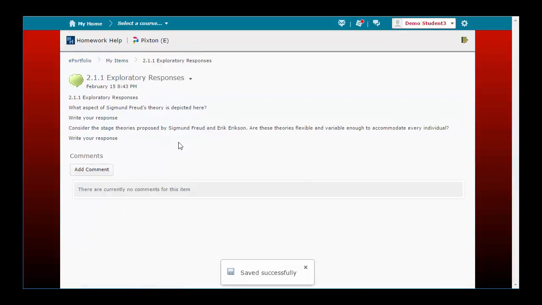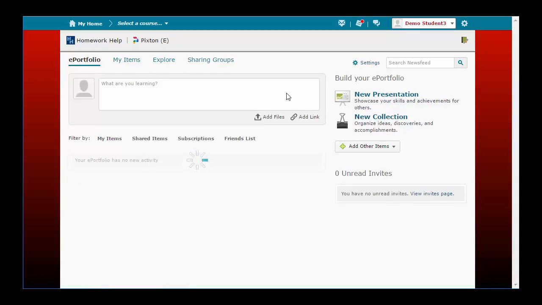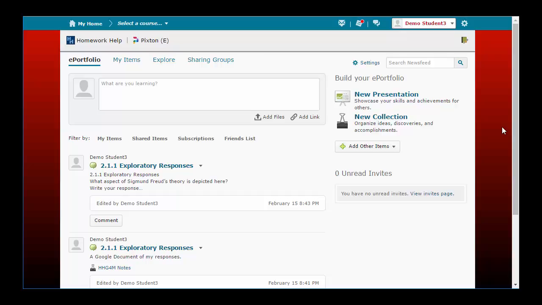So you have all the tools like as if you were writing in any kind of what you see is what you get text editor. So note that you can bold things, you can change the color, you can add links, you can change the font size. You can even add comments later if you wish on your own items. Maybe you have a thought later you'd like to add to it and you can do that. So basically each time you see that ePortfolio icon, you can complete the work in a Google document and then